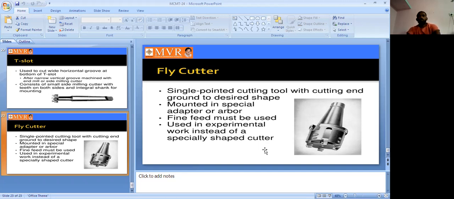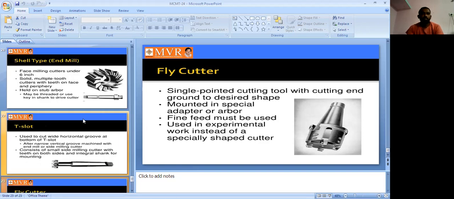Okay, so that is our today topic. Today's topic is the different types of cutters we can use in the milling operation. In the milling machine we have different types of operations, and for the different types of operations we use different types of cutters. That's why they introduced these kinds of cutters. A variety of cutters are produced for a variety of parts, so based on the cutter, different parts are produced.